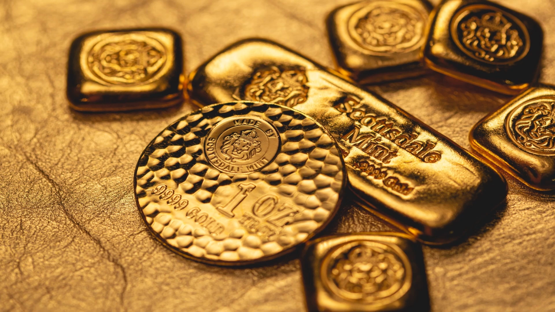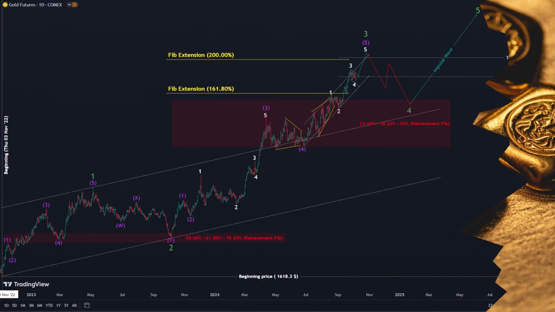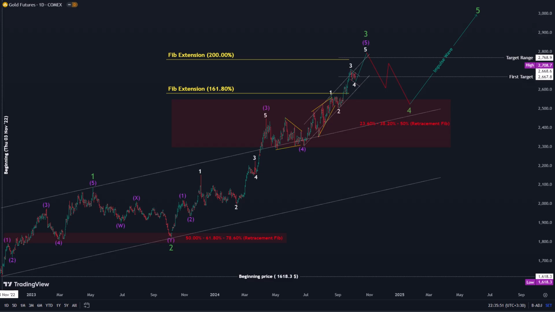Let's analyze the metal and gold market. It appears that we are approaching the end of the third wave rally in the larger degree of the gold wave. There is likely one more wave left in the bull market, and we anticipate a correction pattern to form in the larger degree of the wave. Since the second wave was a double zigzag, it's possible that a sideways pattern was formed.